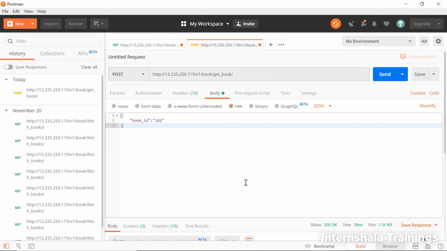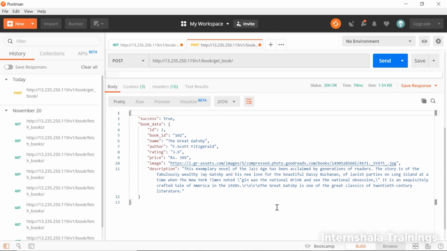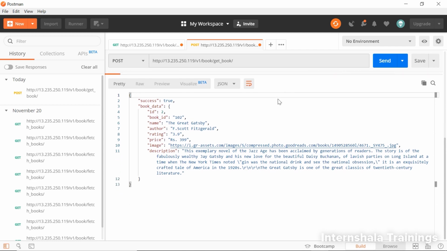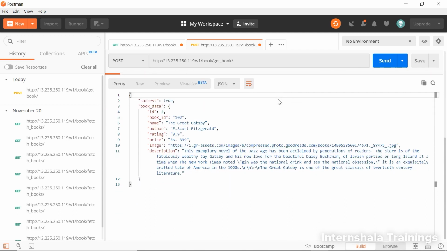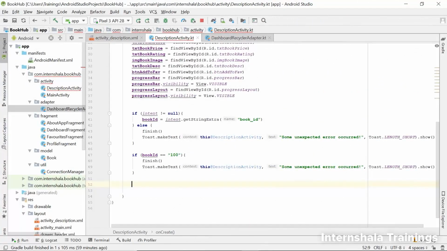We see the response in this window here. So this is how we send a post request using Postman. Now, you must be wondering, why are we seeing the response before writing the code for sending the request? Well, that's because in the response, we can see the exact details of the response, and while parsing our JSON, we can be sure of the key names in the response. So let's move to Studio and write the code for sending a post request.